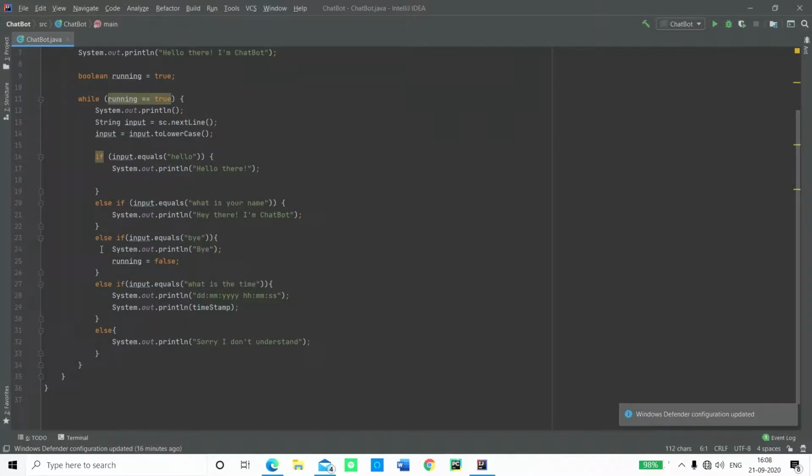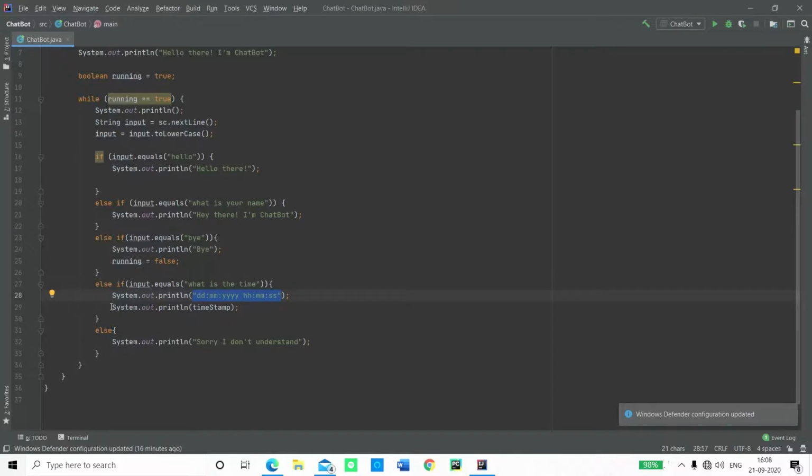So over here, you notice I've put a new line of code which says, what is the time? So I'm going to enter what is the time, and it's supposed to be giving me the time. So system.out.println, and then it's actually showing you. All right, so this is something that is not really necessary. This is optional. I've put this for the reference of the person who views it, and we will be coming to that in just a minute.